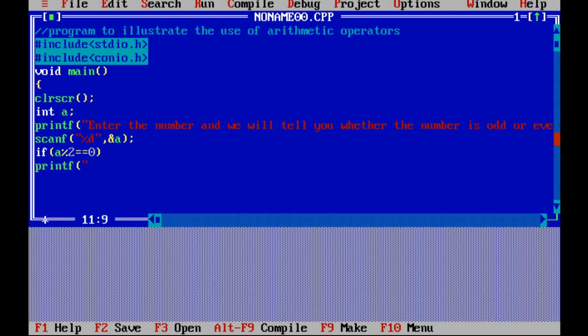I will explain what I am typing just now. Even number, else. Now the if statement is in another chapter, so if you do not know that, don't worry.